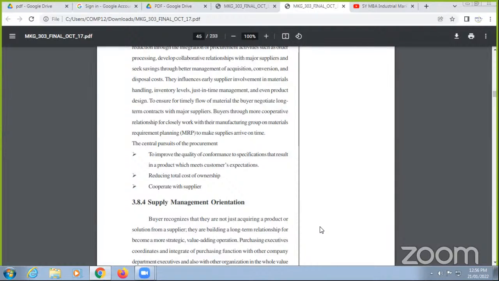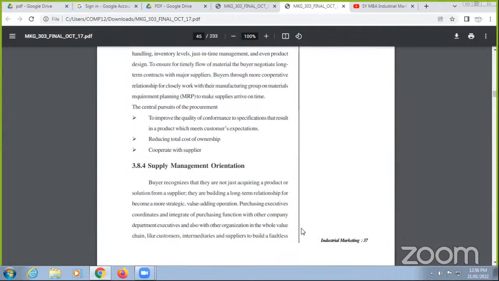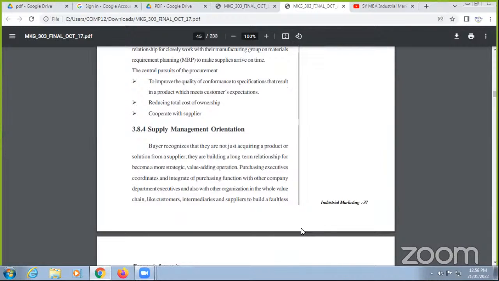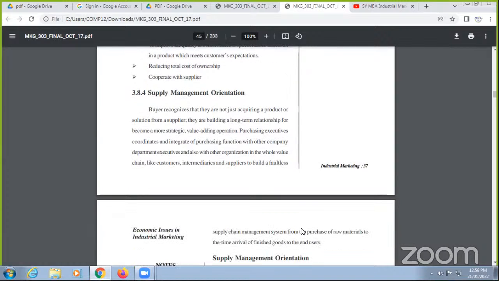The central pursuit of procurement is to improve the quality of conformance to specifications, which results in products that meet customer expectations, and to reduce the total cost of ownership in cooperation with suppliers. And in supply management orientation, organizations do not just acquire a product or solution